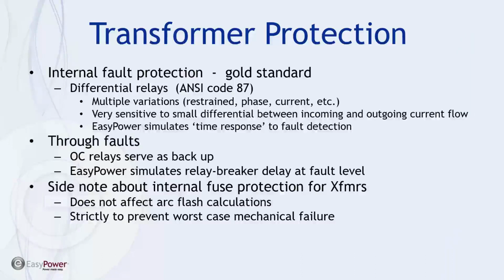Okay, so transformer protection basically is, it's widely known or accepted guidance that you really can't protect against an internal fault with anything that you sense a current on, and any through faults or any overcurrent relays are really detecting through faults. Now, the gold standard for transformer protection is really a differential relay, because it has the potential to be set on a more sensitive basis, comparing the incoming current into the transformer versus the outgoing current, and that difference